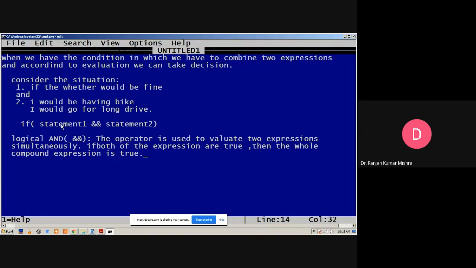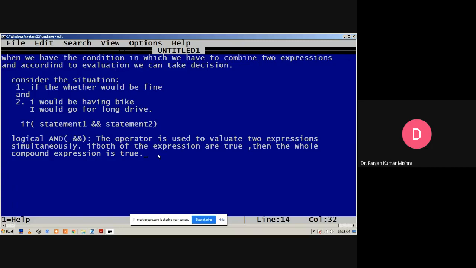Here we can easily understand the use of the logical AND operator. It is the operator that supports us in taking any concrete decision.